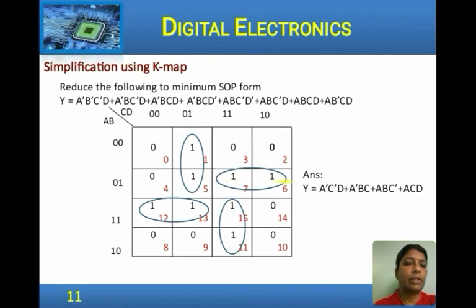The next term we will consider, look at this, 0 1, A and B are 0 1 for both the cells, and C is 1, D is 1 for one and C 1 and D is 0 for the other. So, C is common here, it is 1. So, A B 0 1, that is A dash B and C, that is the next term. Similarly, for the other 2 terms we get A B C dash and A C D. So, sum of all these product terms is the solution, the simplified sum of product term.